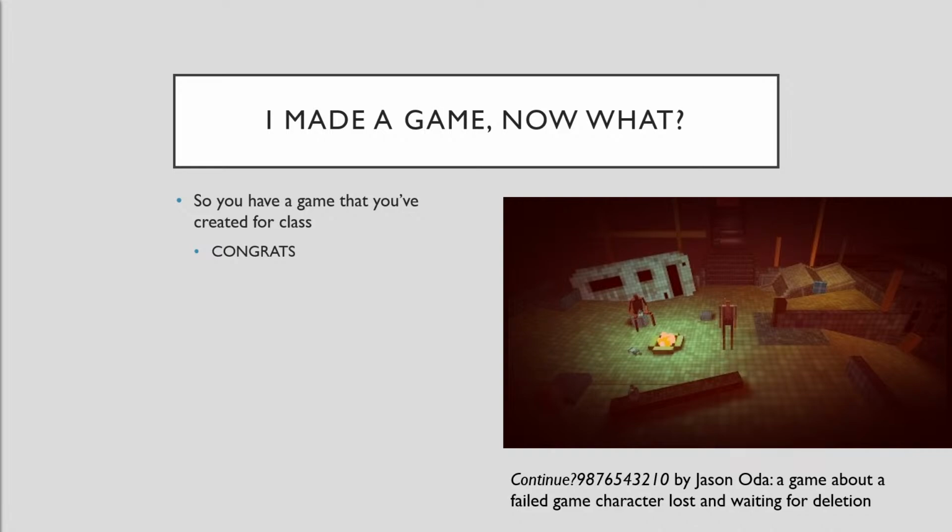And then in our program alone, if you take this class, I counted it up. If you take this class, which you obviously are, you make 6 games in the game design concentration in our program. That is a lot of games. That is a lot of games in a college career. And assuming you make a game for your capstone if you're in the game design concentration, basically all this is to say, you are in a position where you have games that you have made. Congratulations. Give yourself a little round of applause, pat on the back. That's really good that you have games.